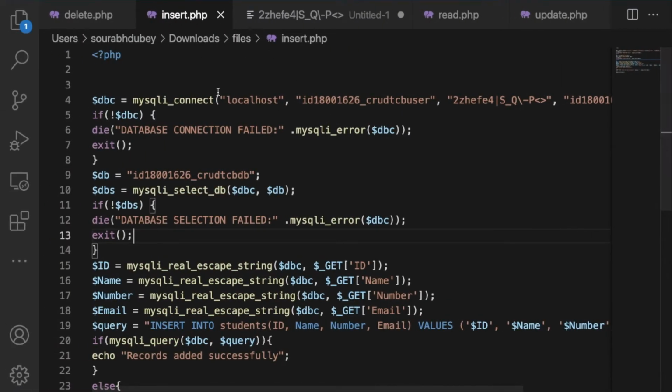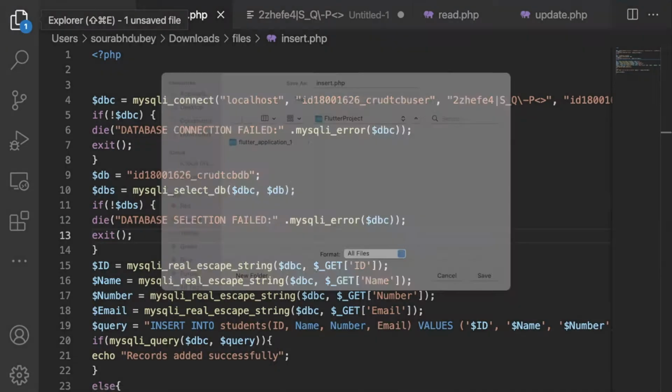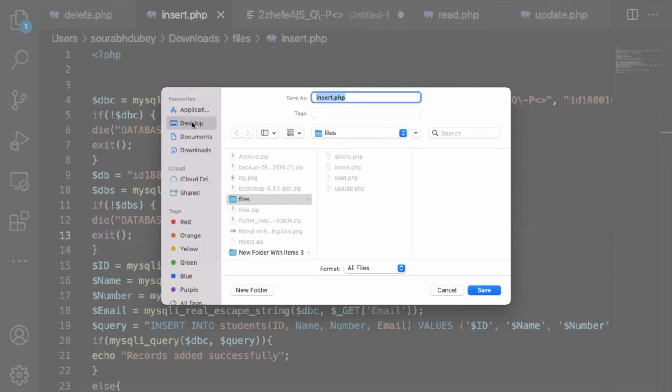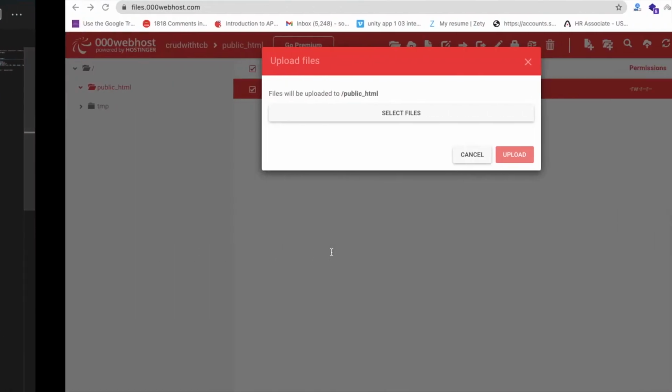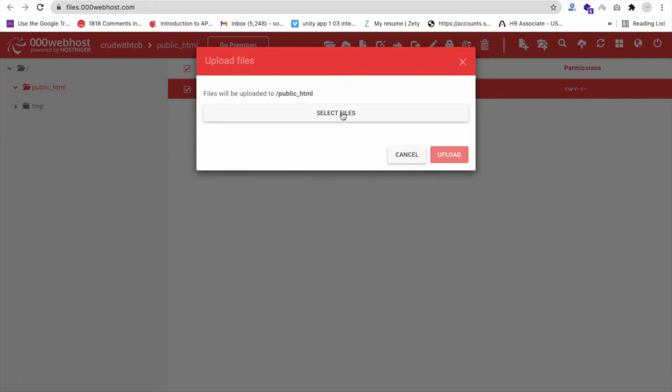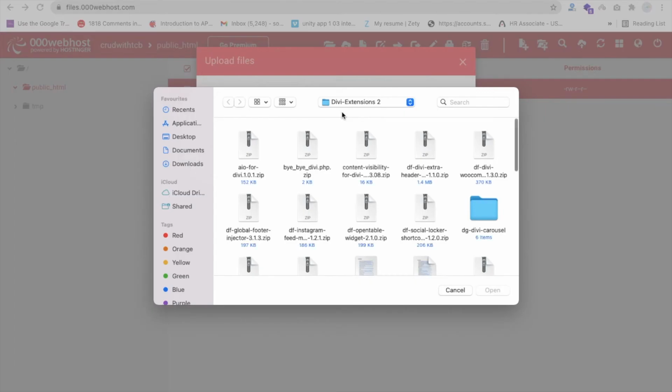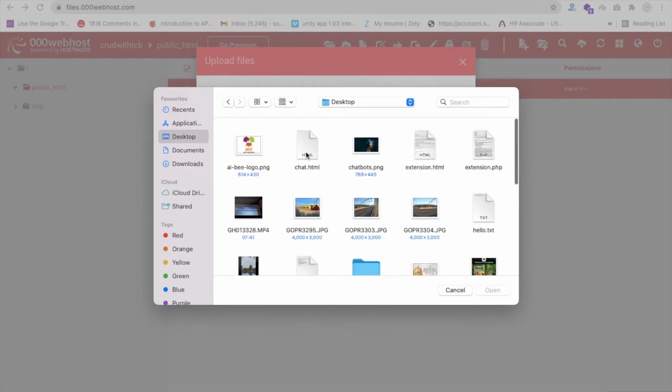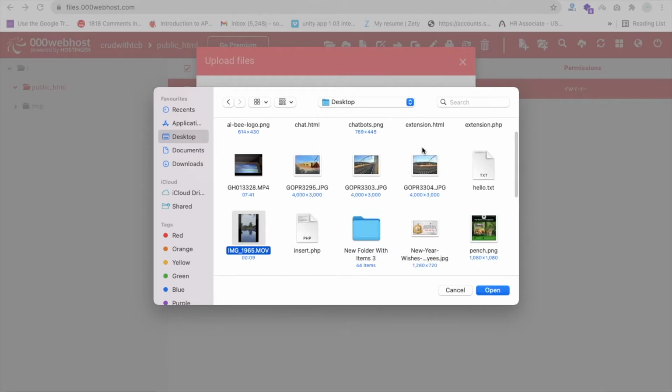Let me save this, and I will save that file on the desktop as insert.php. Then click on select file, and then we need to use your desktop, and then insert.php. I have to find this one file. Just open this and then upload